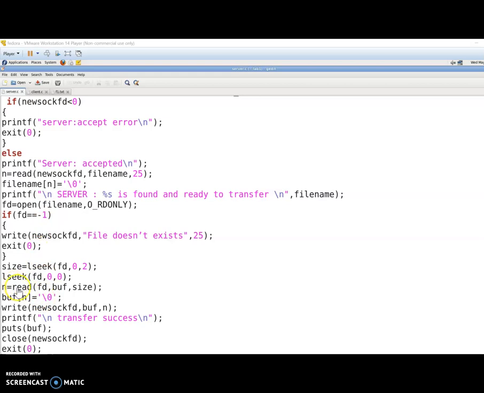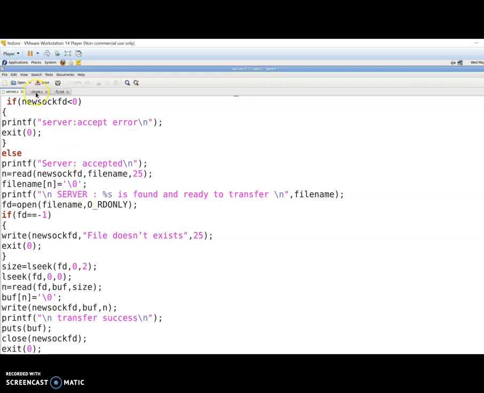So to receive the data, we can use the read function. By using this read function, we are able to read the data and store it in the buffer. In the same way, if you want to write the data, you can create the same socket ID, then from the buffer content we can transmit the data. So this is the methodology which is used in the server.